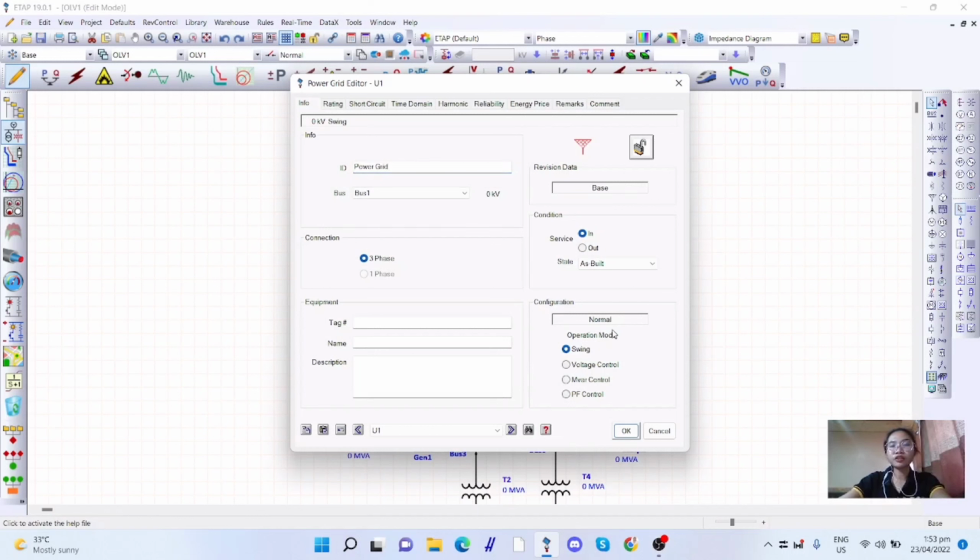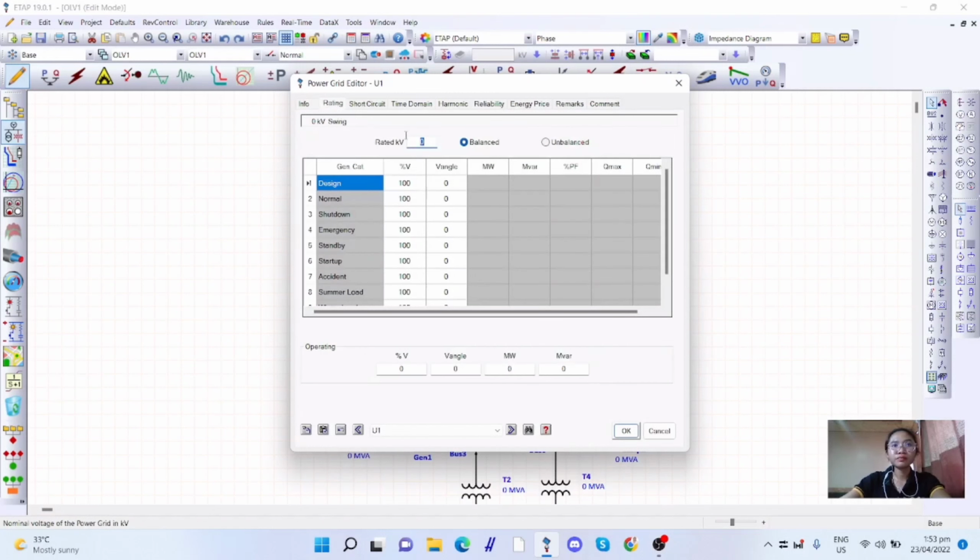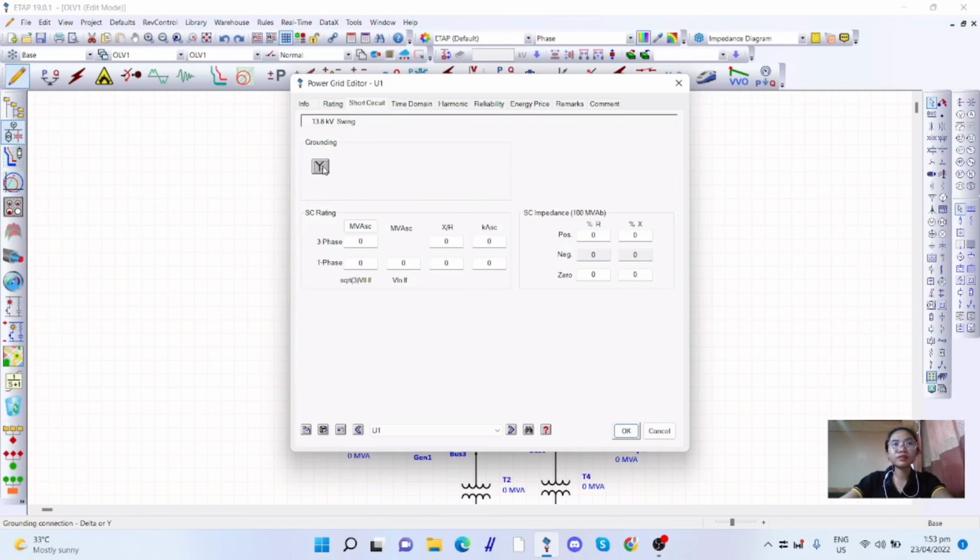And then the operation mode for this is swing, and its rating is 13.8 kV. So nothing will change, yun lang. For the short circuit tab, the grounding is Y connected, and then the SC rating is 1 to 50. So click OK,